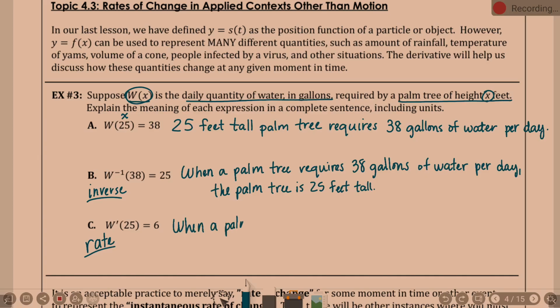When a palm tree is 25 feet tall, the amount of water needed daily